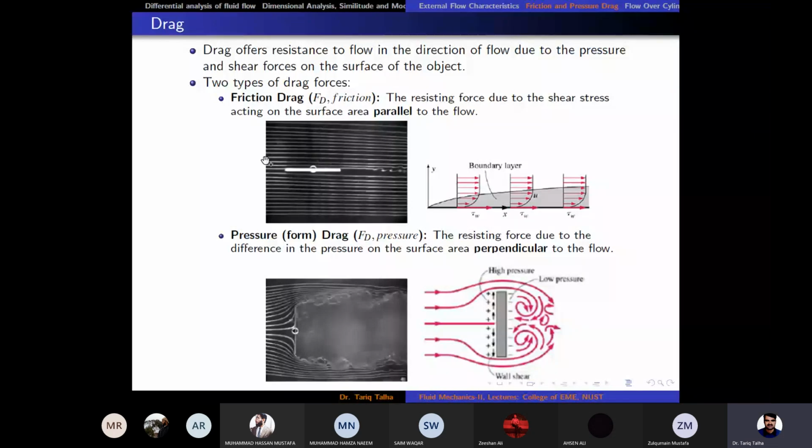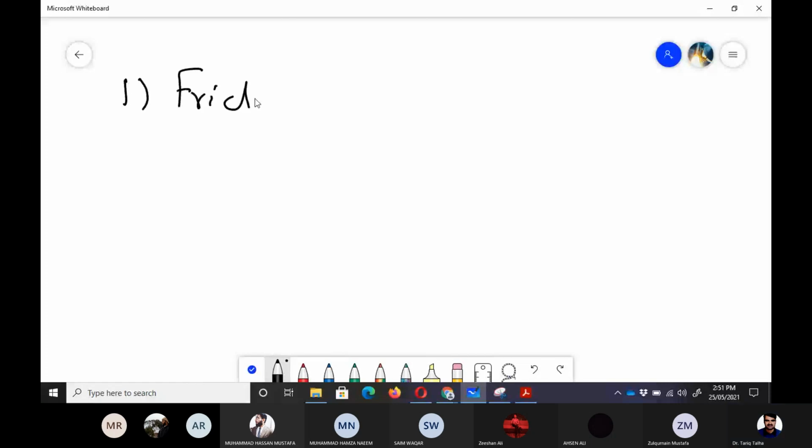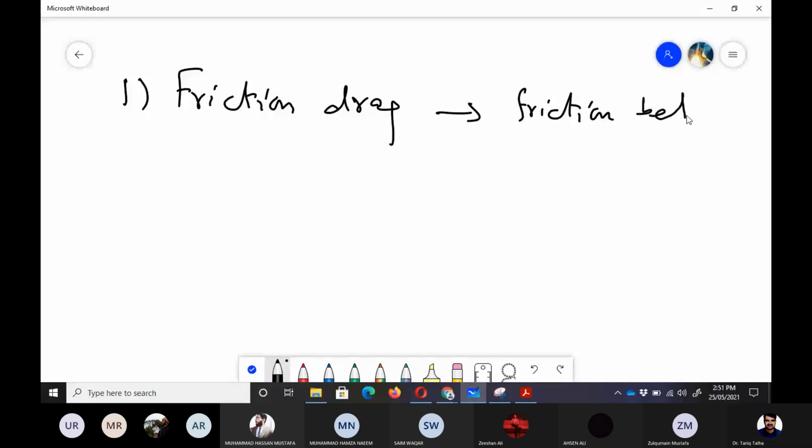when it flows over a solid body. So it has two components. If I recap it, one component is friction drag, that is due to the friction between the solid surface and flow,